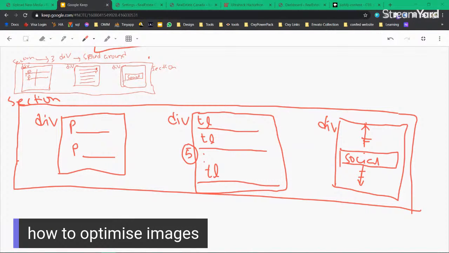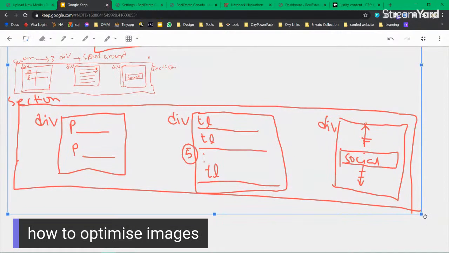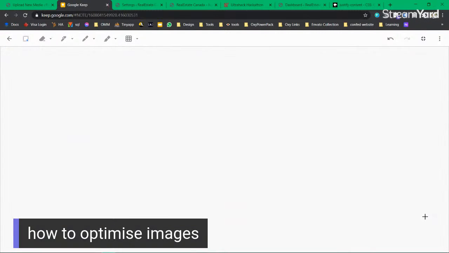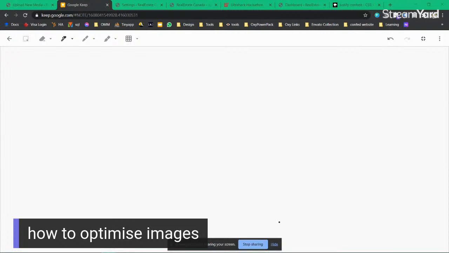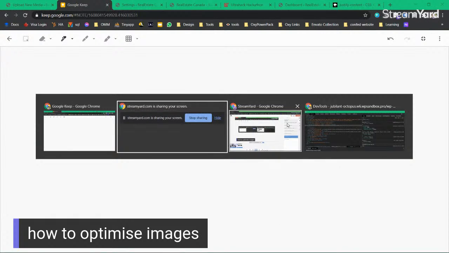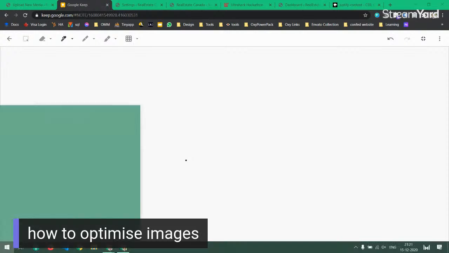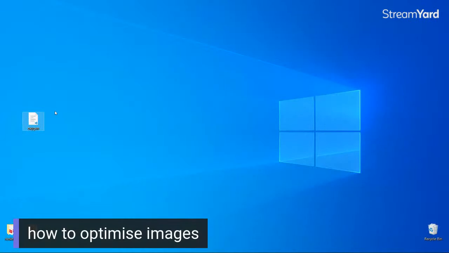So today we will see how I normally optimize images for the client websites, because image optimization is one of the very crucial things that we have to take care of a lot. We have already got our images from the designers and the people involved in the company. So what we need to do,